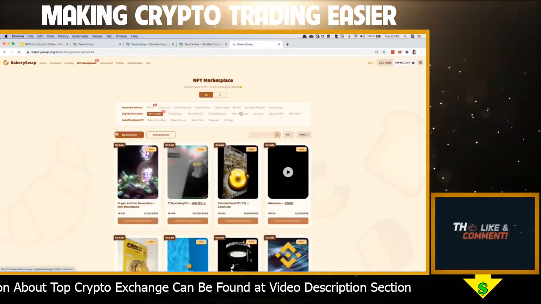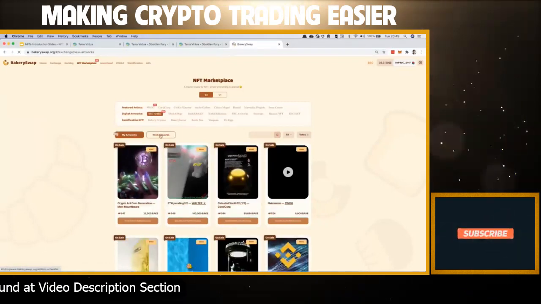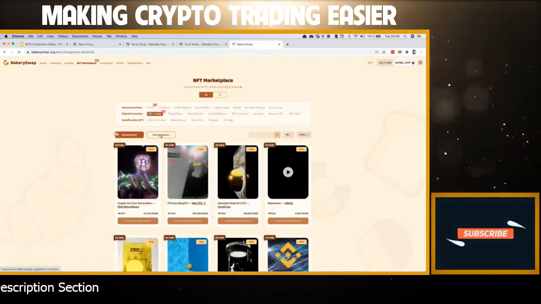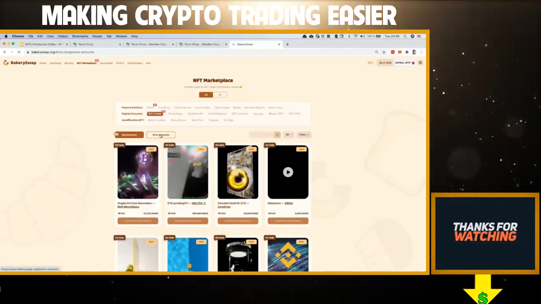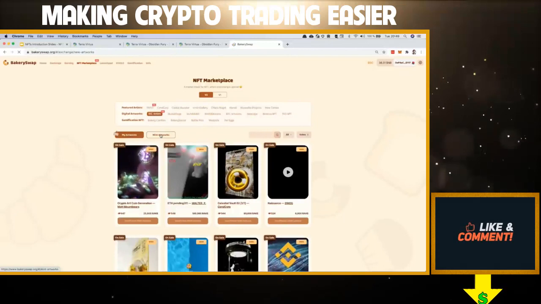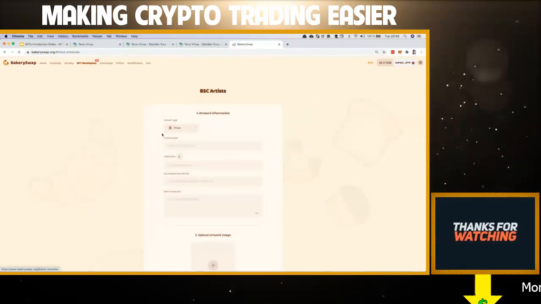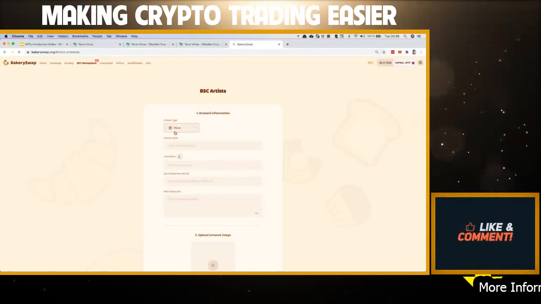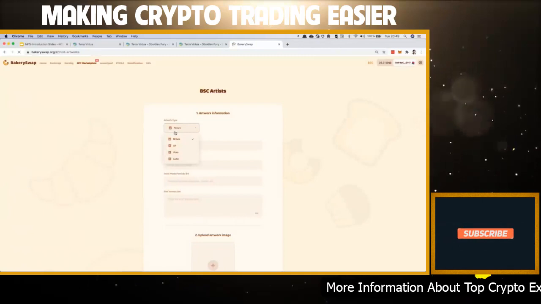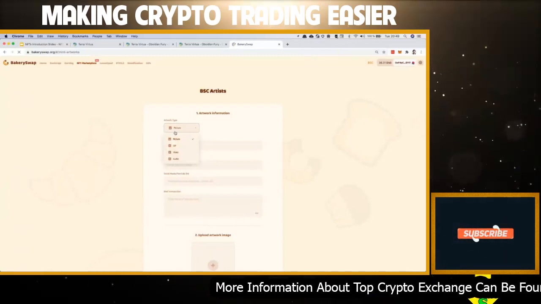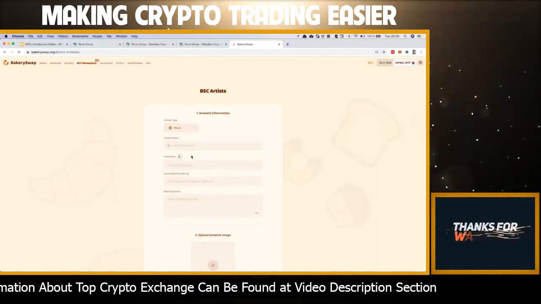So here you see there is like the marketplace. You can go browse it. There is multiple operation. But if you want to do an NFT yourself, your first NFT may not be the best artistic realization of your life, but the first prototype of what is an NFT. We're going to do it really simply. So here, it's going to be really simple, really fast. You can choose multiple media. It could be a picture, it could be a GIF, it could be a video, it could be an audio. We're going to keep it simple. We're going to take a picture.